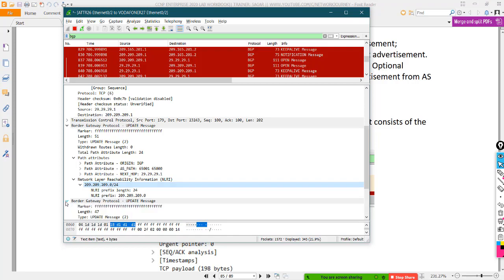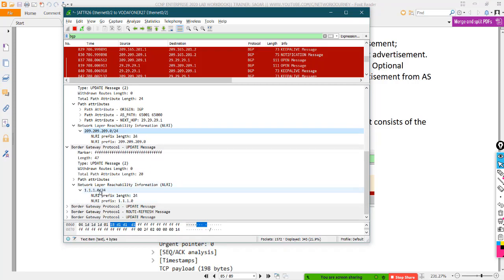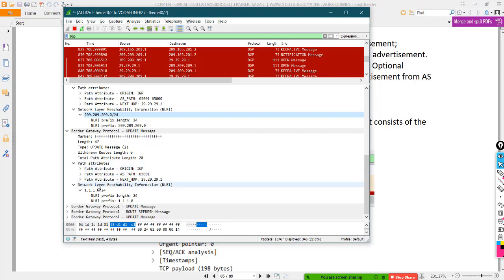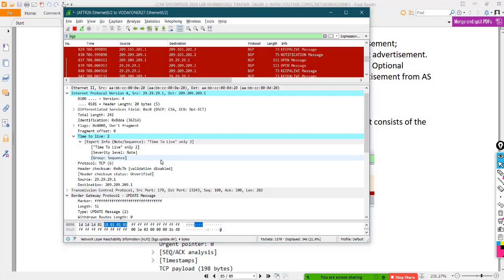If you open up the second update message, the NLRI is different now. It's a prefix of 1.1.1 and the path attributes could be different. I will see the path attributes, but as of now, I don't care about them. They could be different, and I don't want to mix and match all the things. So NLRI is what differentiates attributes in this update message.